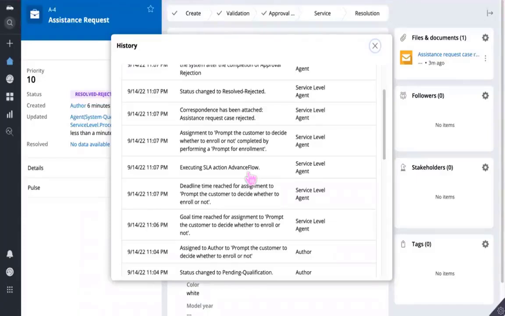And it was advancing the assignment to prompt the customer to decide whether enrollment is completed. It was performed by agent.